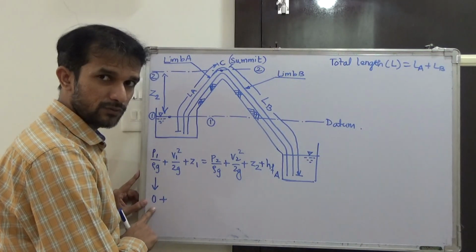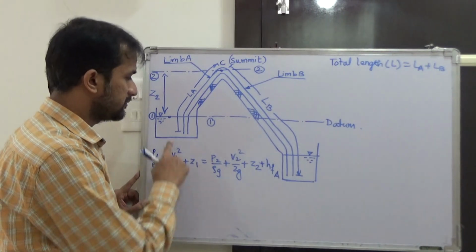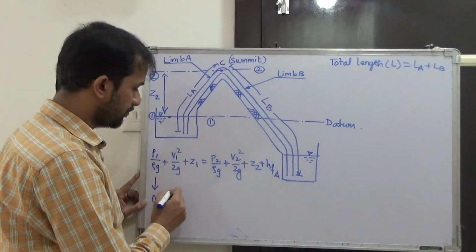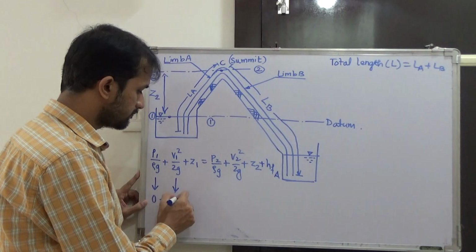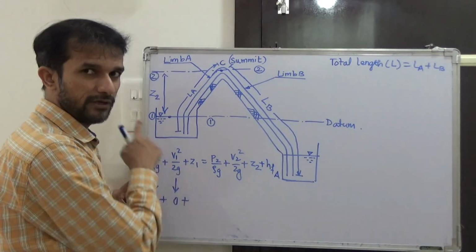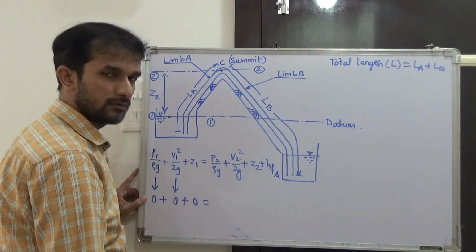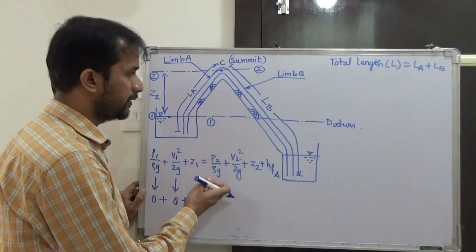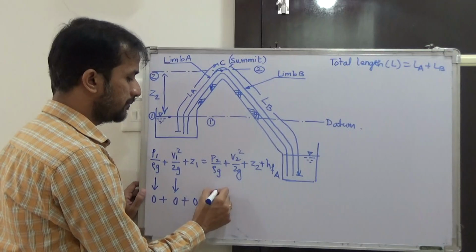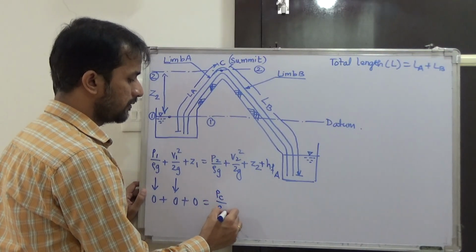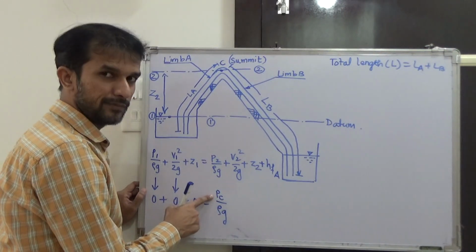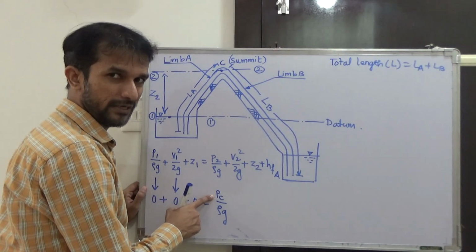This is 0 gauge, meaning 1 atmosphere. V1: a stationary fluid is there at section 1, so V1 will be 0, plus Z1. We have taken the datum at section 1, so the level will be 0. Z1 is also 0. Now what is P2? P2 is the summit pressure, so I will write this as PC upon rho g. Instead of calling it P2, I will call it PC, meaning pressure at the point C, and C